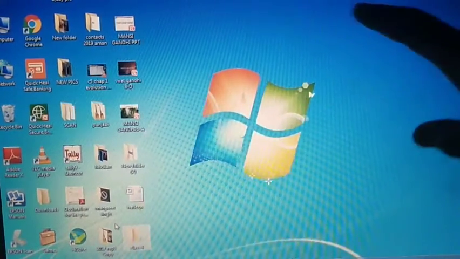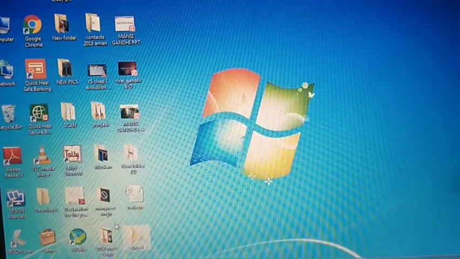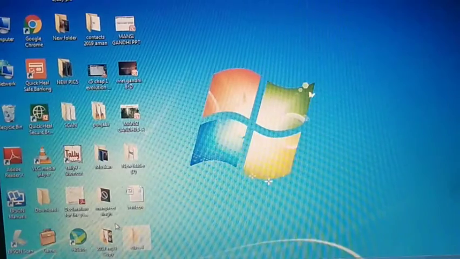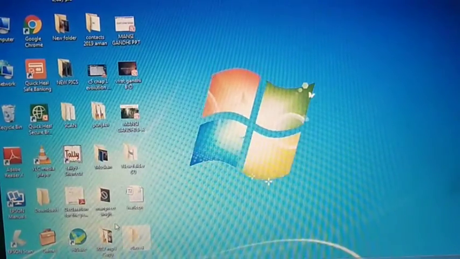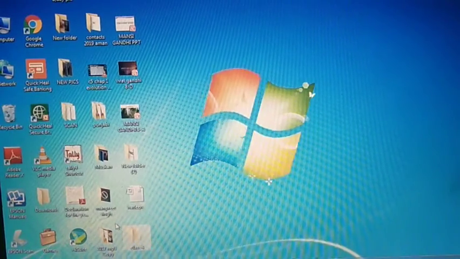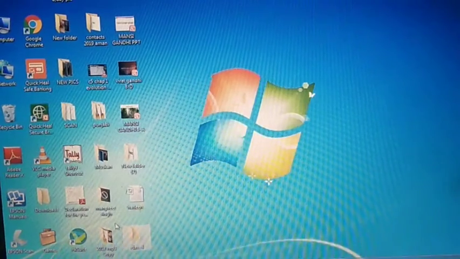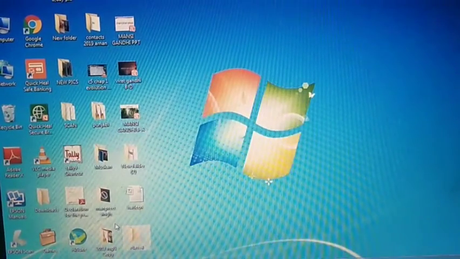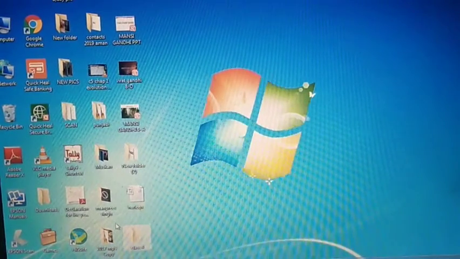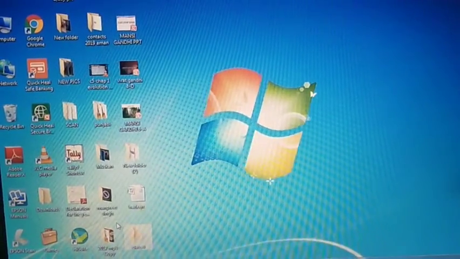If you want to shift a folder from here to here, I taught you drag and drop. This is called drag and drop. How do we drag? Whichever folder you have to drag, you will just left click on it and you will just drag the folder and drop it wherever you want to drop. Is it clear to everyone over here? So I have taught you how to make a file, how to make a folder, how to save a file, how to save a folder, how to rename both of it.